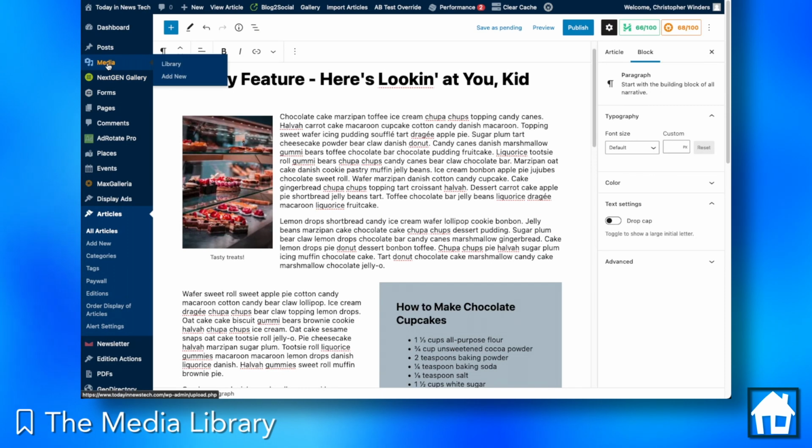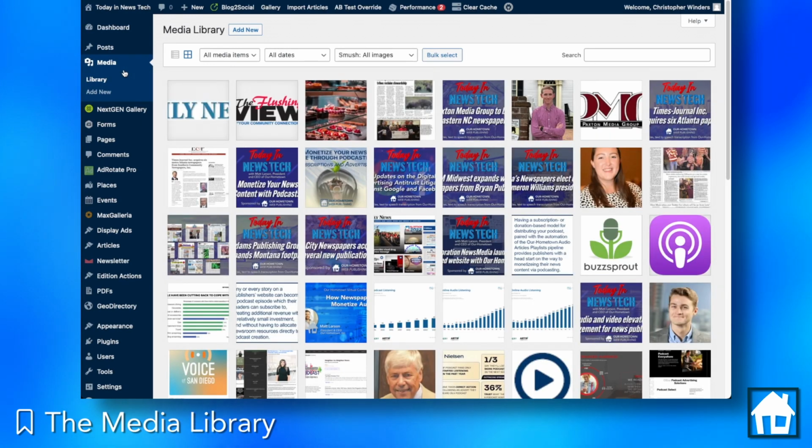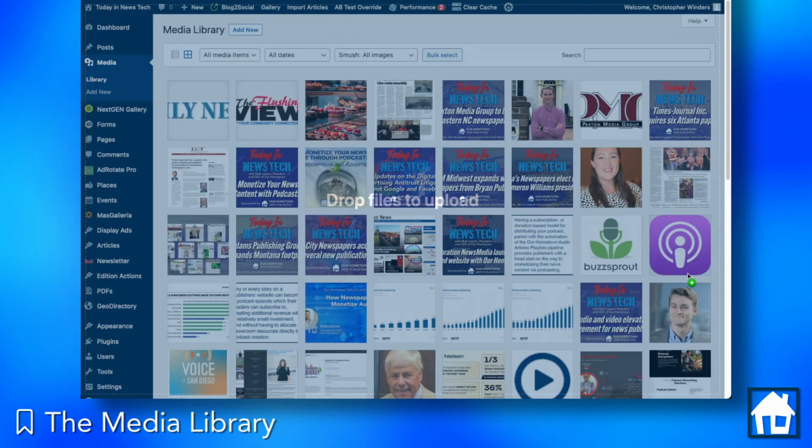To reach the media library, go to your admin dashboard and click Media in the left side menu. This will take you to the main library page where you can view thumbnails of your media items. Note that you can upload single or multiple files to the library by simply dragging and dropping from your computer